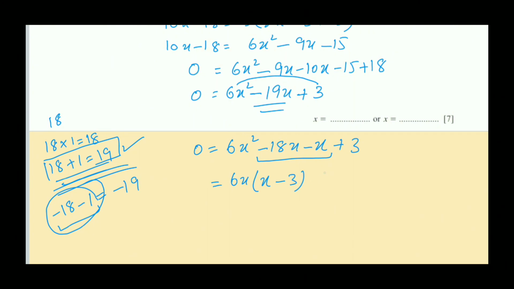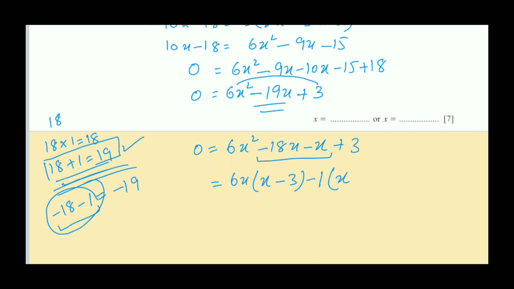From the next two terms you have to take something common, but we can see nothing is common. Then you have to write this sign. This sign will be written here, and if nothing is common you will take one common. So if you are taking one common, the inside terms will be written as they are, x plus 3.